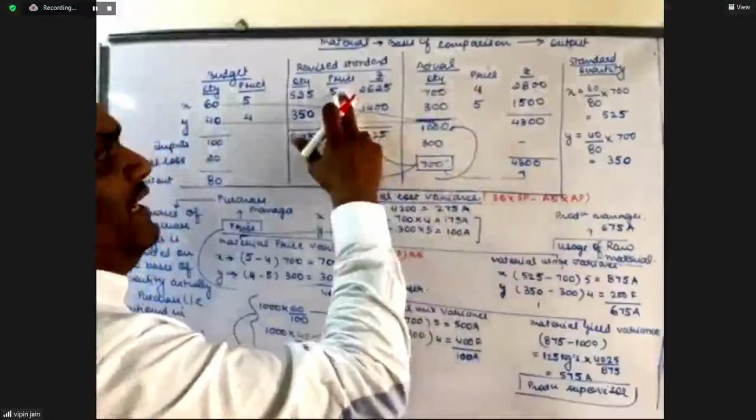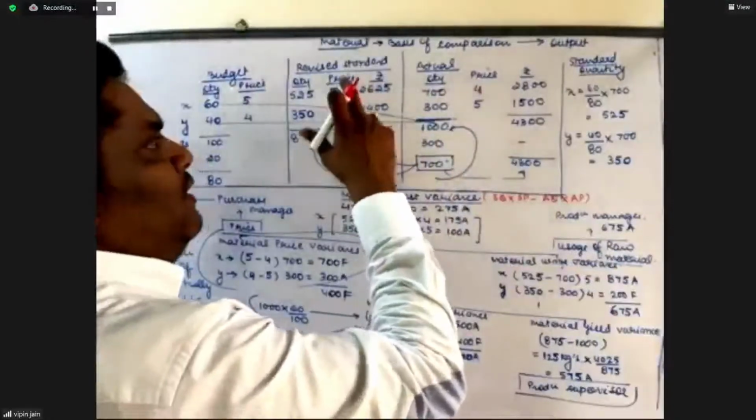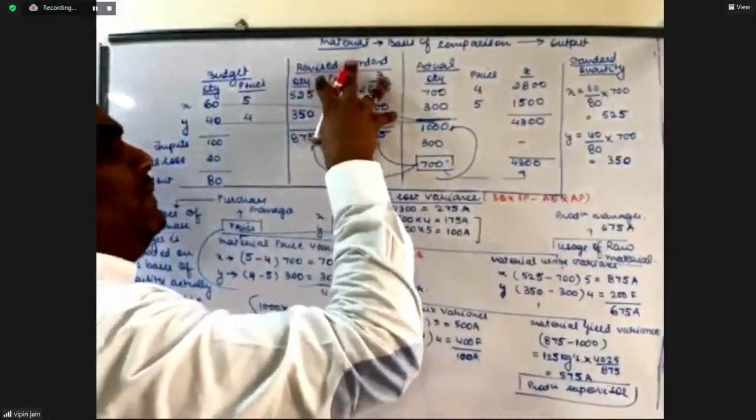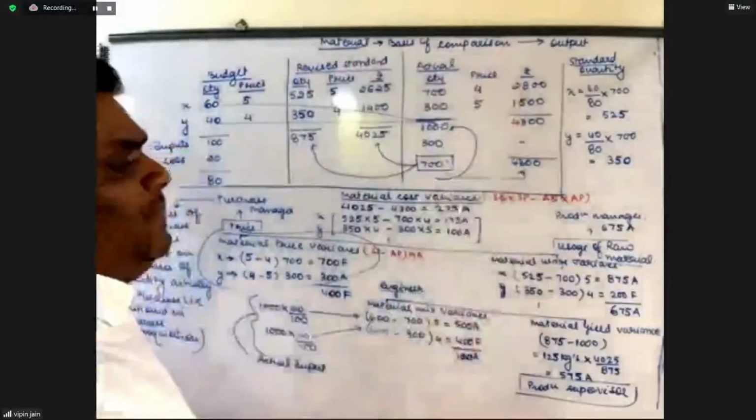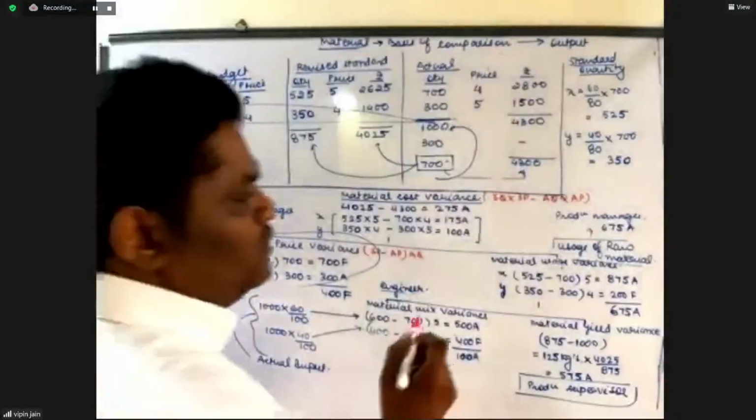700 into the standard price, because again, their performance cannot be evaluated on the basis of work done by the purchase manager. So when talking about usage variance,